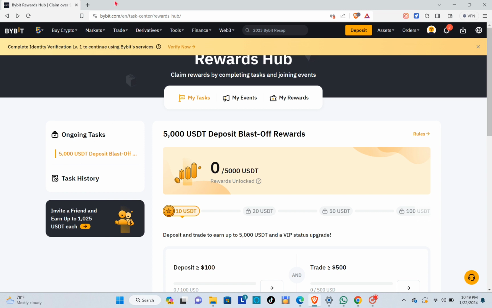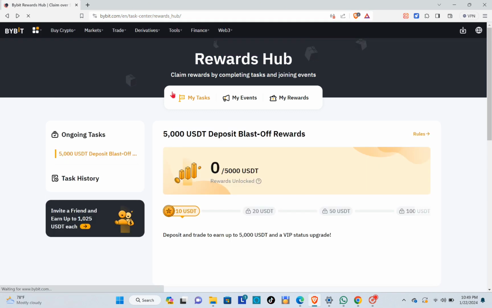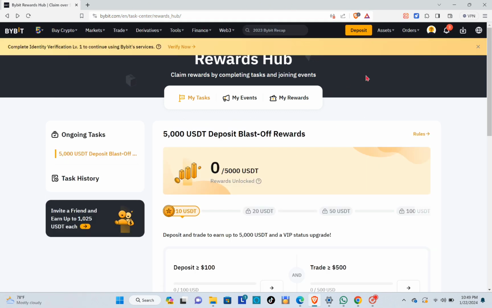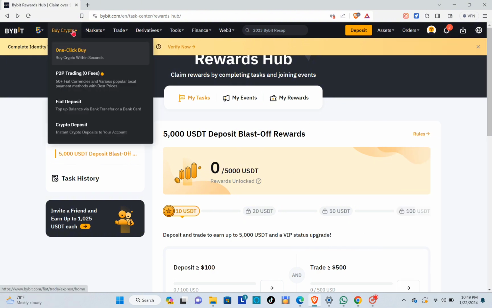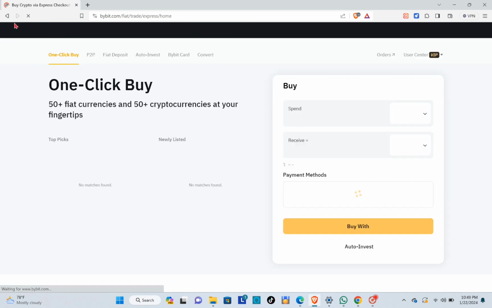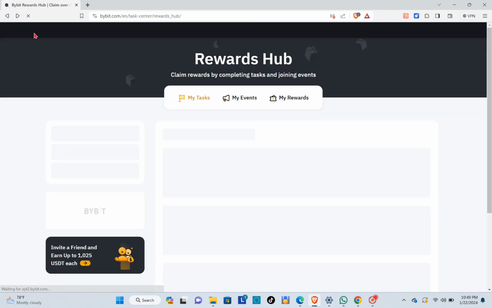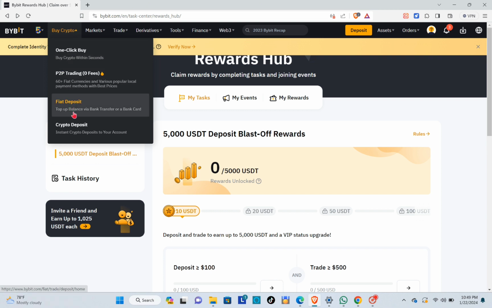Bybit. So the first thing that you'll need to do is to open your web browser and then log into your Bybit account. Okay, and then after that you just have to click on the buy crypto at the top. So let's go back. Just have to click on it and then you can deposit your crypto or fiat